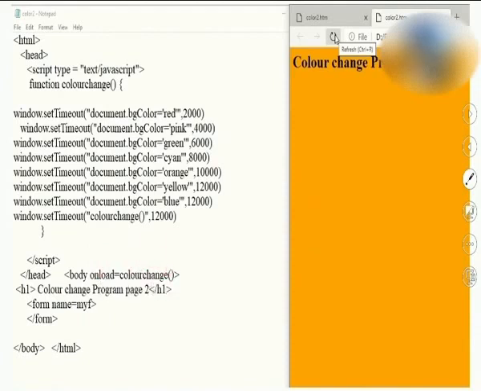Now this colorChange function is the same as in the last program. While writing the program, please take care that this bgColor C must be capital. Students always make the mistake of making this C small. Again, observe over here that T is capital for setTimeout. You need to remember that as well. One more common mistake students make is that window is the object. It's not Windows, the S is not there anywhere here. It's not Windows dot, it's window dot setTimeout. This way you are supposed to write the correct syntax so that you can get the correct output.